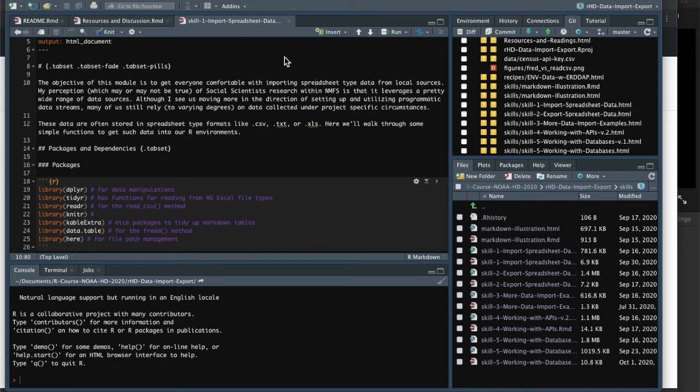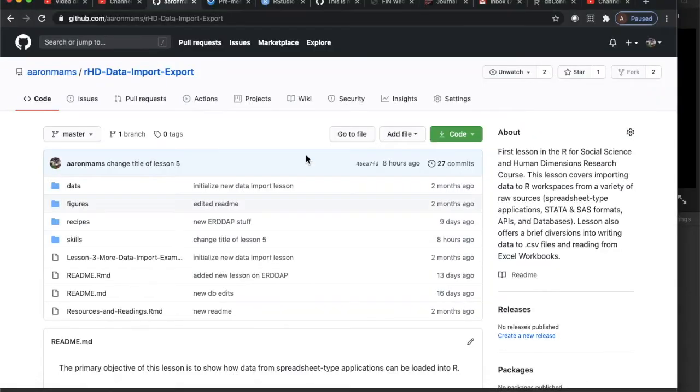Okay, I've made a few of these and I realized that I haven't got it quite right just yet. So we're going to do one more of these on managing file paths and just try to help you get the file paths right for the way that I have set up these lessons. So first of all, what I'm going to show you to start with is, just to fix concepts,